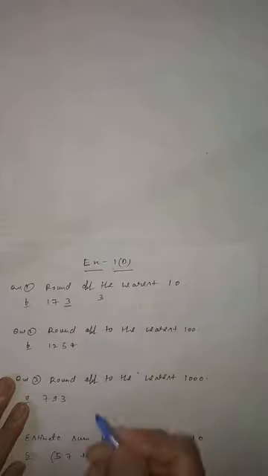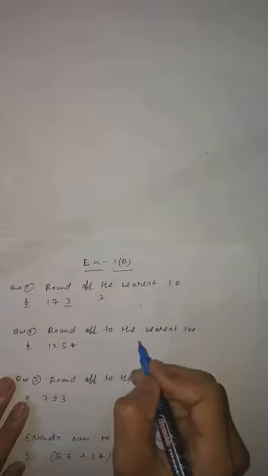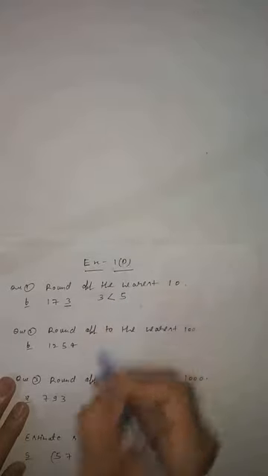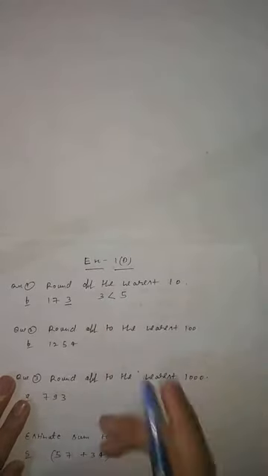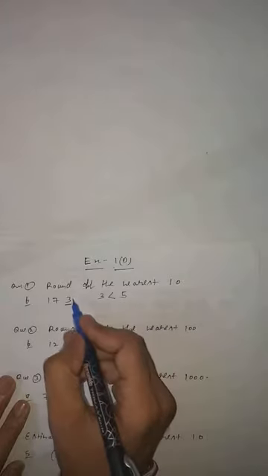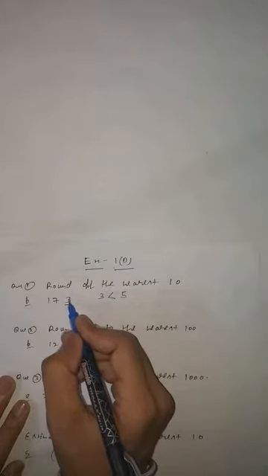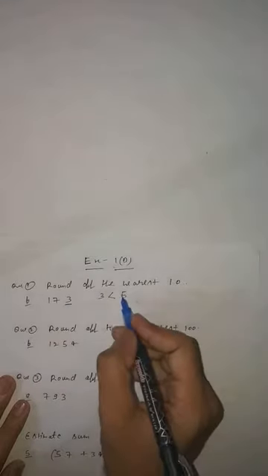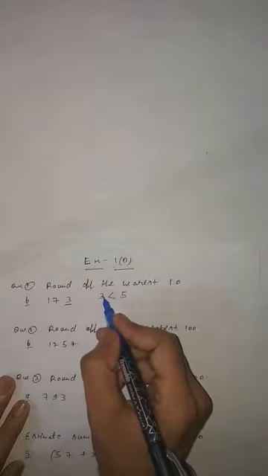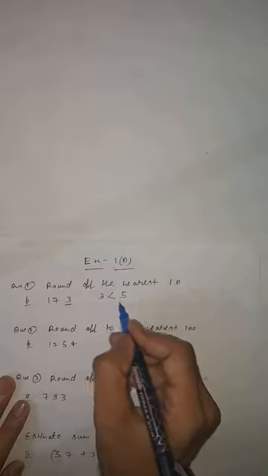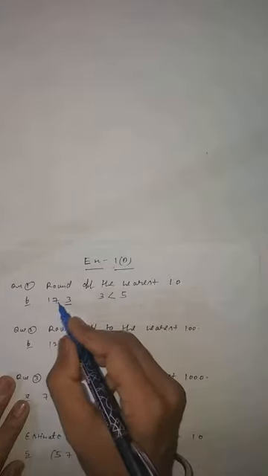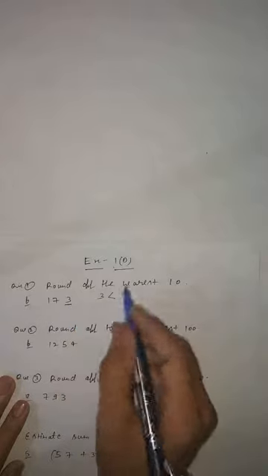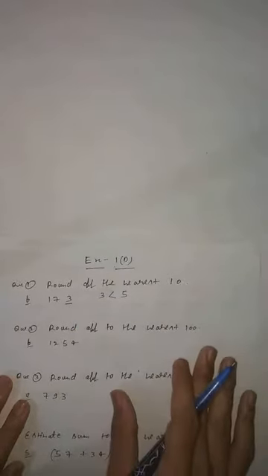Now you have to check it by comparing it to 5. So 3 is less than 5. You know that? Clear students? So if 3 is less than 5, it means this number becomes 0 and there is no increment in the tens place. If there is any digit, let us assume 6, so 6 is greater than 5. So you can increase the tens digit by 1 and the ones digit becomes 0. This rule I explained in the previous video.